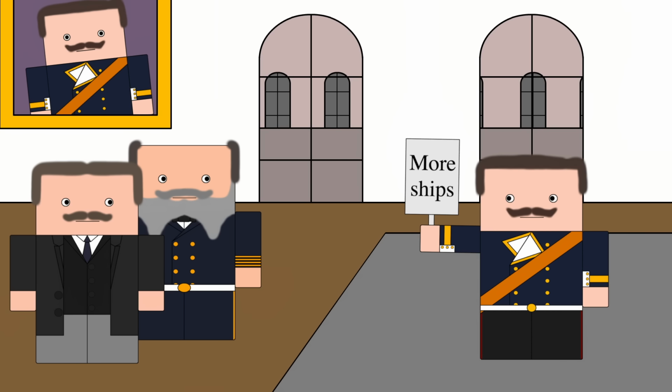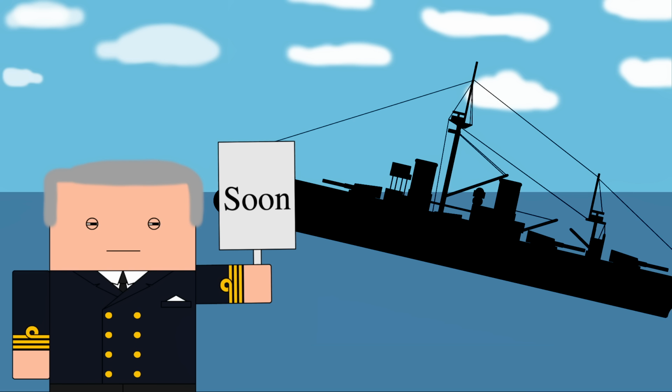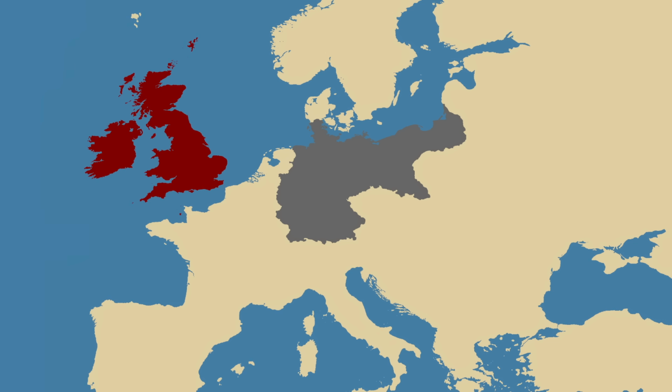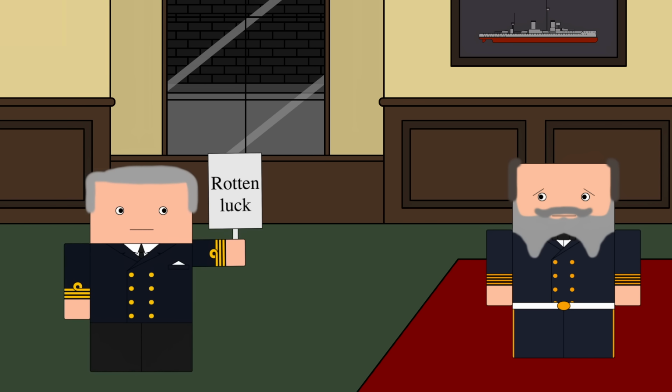The British government then appointed a man called Jackie Fisher as the head of the Royal Navy to face this challenge. And one of the first things he did was champion a new type of ship, one heavily armed and armoured whose job it was to sink enemy battleships. This new ship was finished in 1906 and dubbed the HMS Dreadnought. So, the fact that Britain had just made every previously built German battleship redundant wasn't good news for Tirpitz,